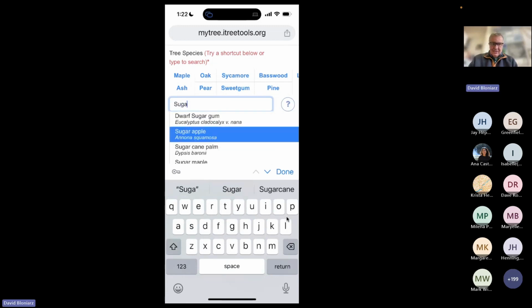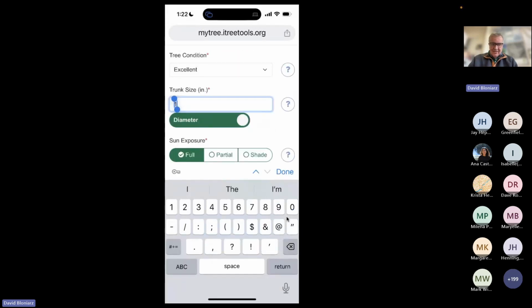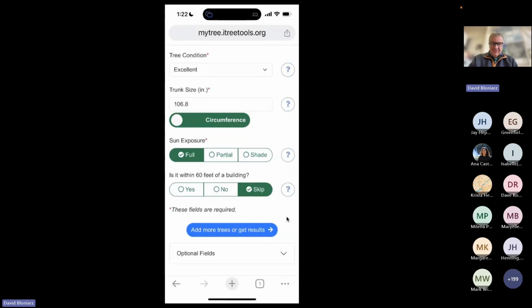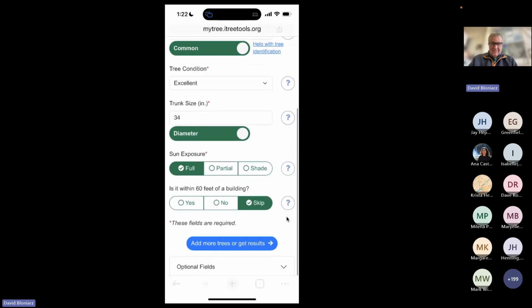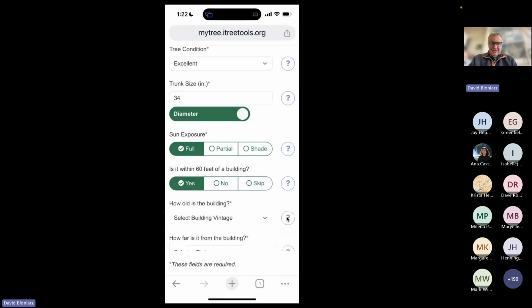And so you see sugar maple defaults right there. It's in excellent condition. I can see it out of my window where I am right now. The trunk diameter on this side is 34 inches. And you could also put the circumference if you don't have DBH tapes. And if we need, at some point, maybe we can show you how to make DBH tapes fairly inexpensively with surveying tape. But then the sun exposure, it's full sun in this case, and it's within 50 feet of a